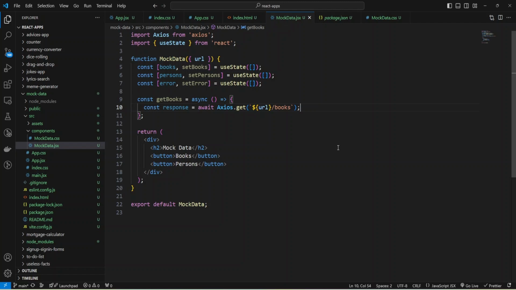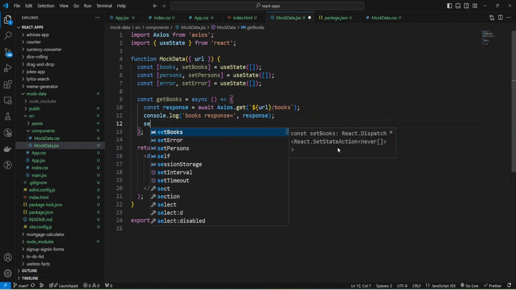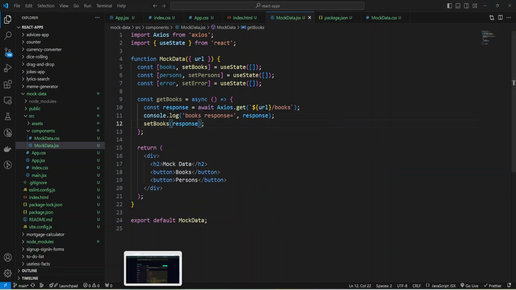Let's do console log and provide some text, books response, and then the response, and we can set books to response. Let's check what we have so far.